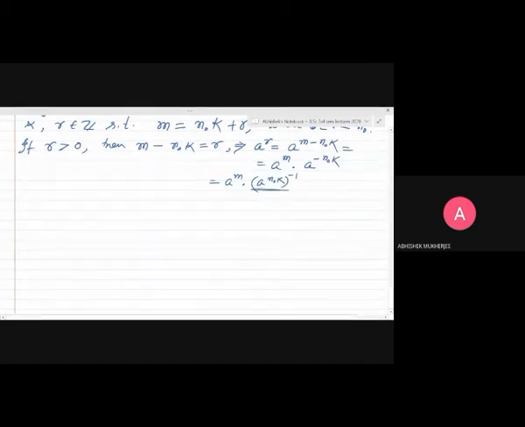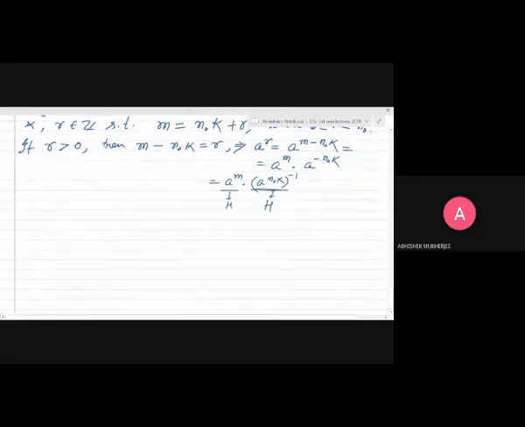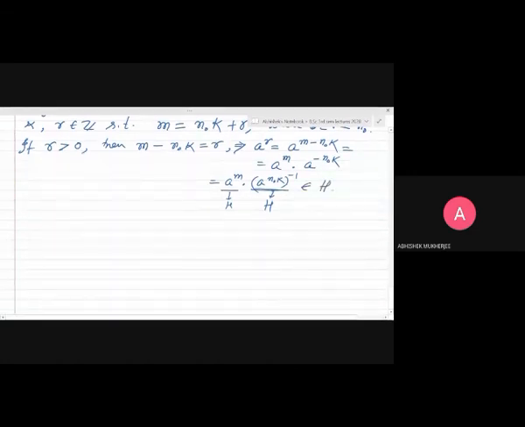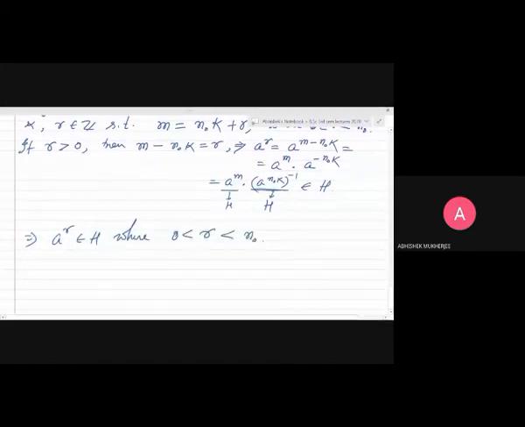So this inverse is also in H. So this is in H, this is also in H. So then you take the composition, and H being a subgroup of G, this composition is in H. So this implies A to the power R belongs to H, where 0 < R < N naught,